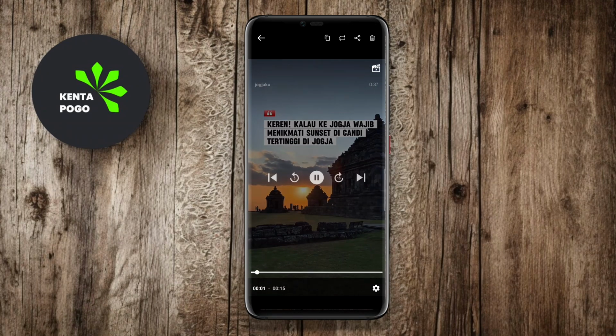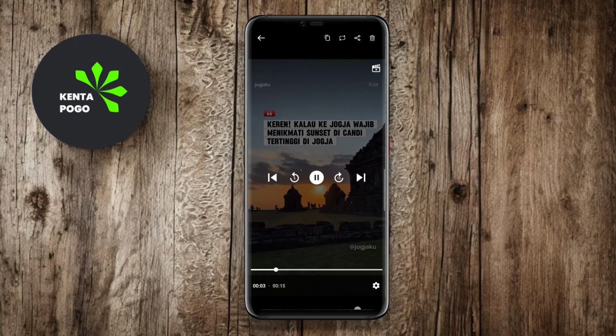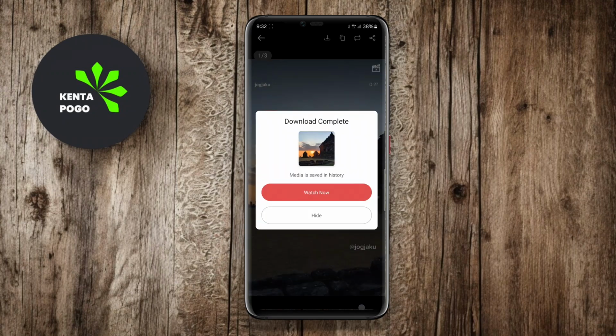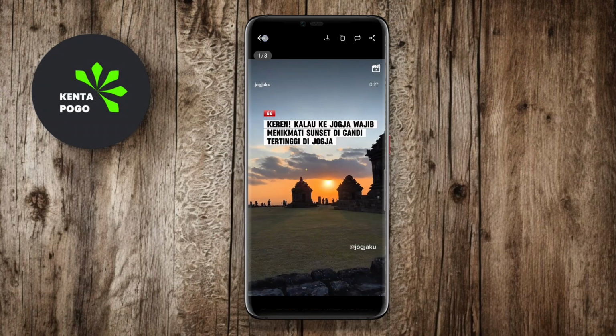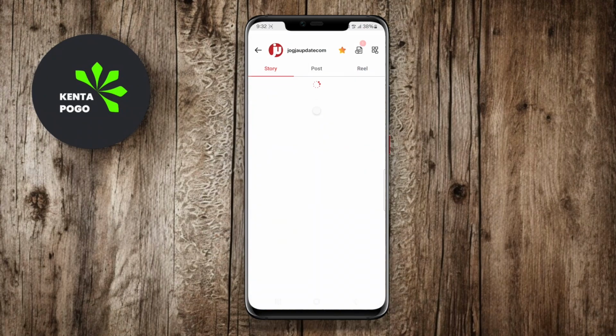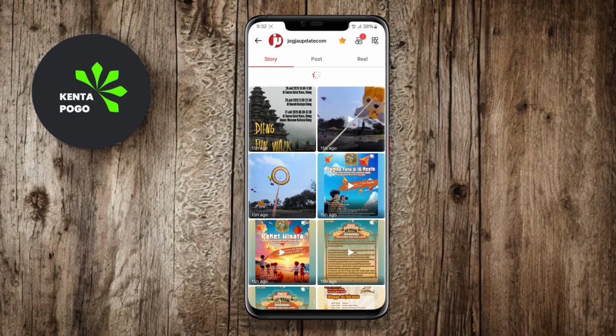the app itself. Additionally, Story Saver Android frequently updates its features to ensure compatibility with the latest versions of social media platforms. This app is a great choice for users seeking a versatile story-saving experience across different networks while maintaining